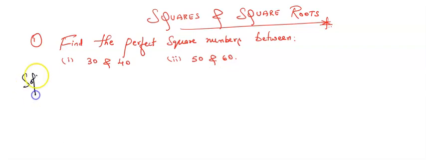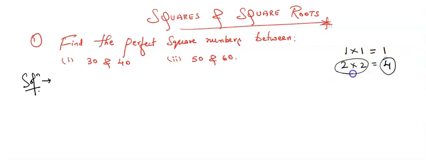As we have seen in the previous class, what do you mean by a perfect square number? You take any natural number, and if you multiply the same number 2 times, the number which is obtained is called a perfect square. Example, take 2, multiply 2 times. What is the answer we have got? 4. This 4 is nothing but a perfect square number. Now here, in option 1, they are asking us to find the perfect square number